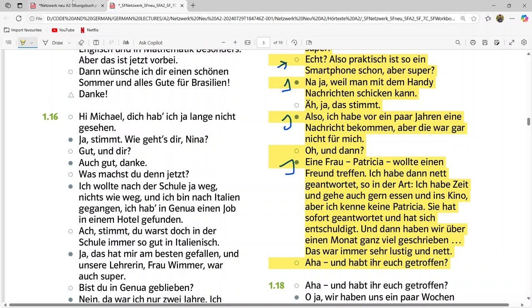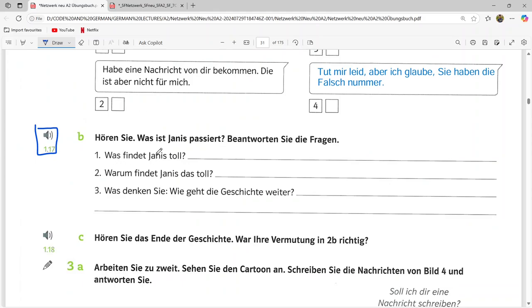Okay, so now we'll write the answers. So was findet Yanis toll? So what Yanis finds great. So what he finds great? It is the mobile or das Handy. Okay, so why he finds it great? Because he can send messages. So what will be the answer? So I will start with because, while